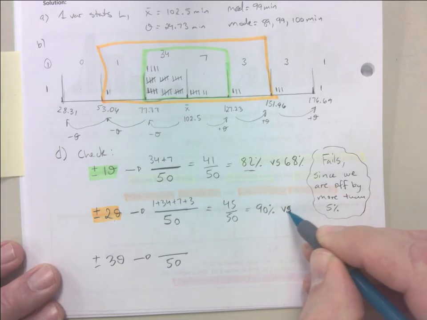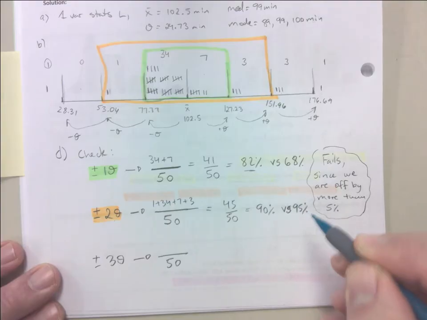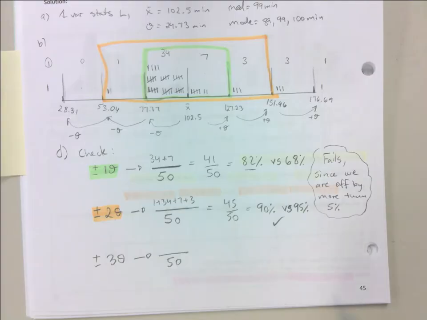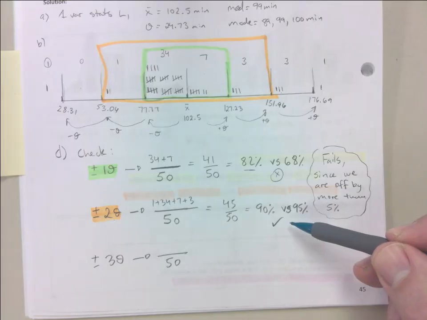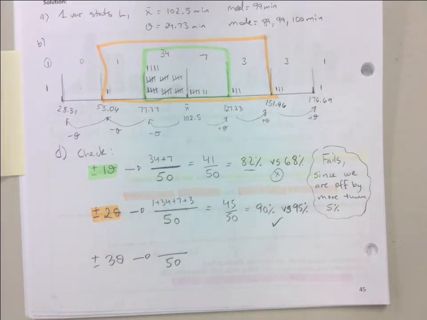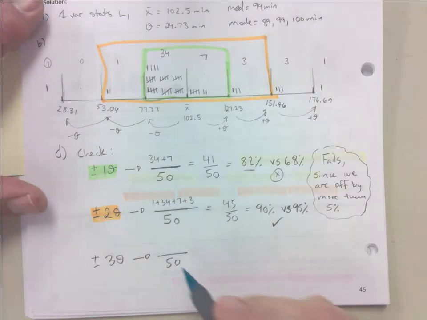versus 95%. This one actually does pass. This one fails. But the second one would actually pass because we're still within the 5% threshold. And the last one,